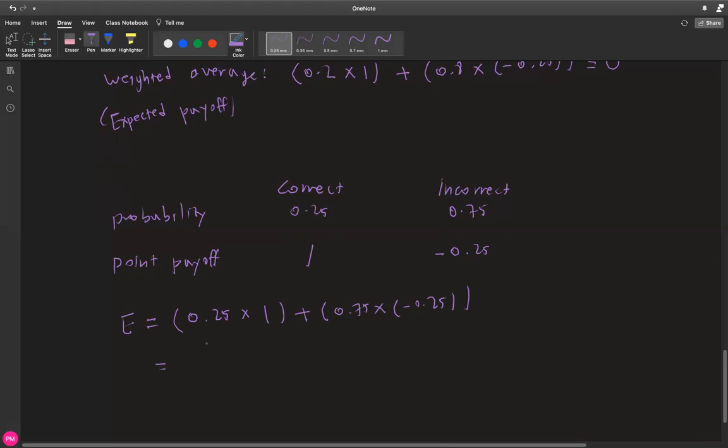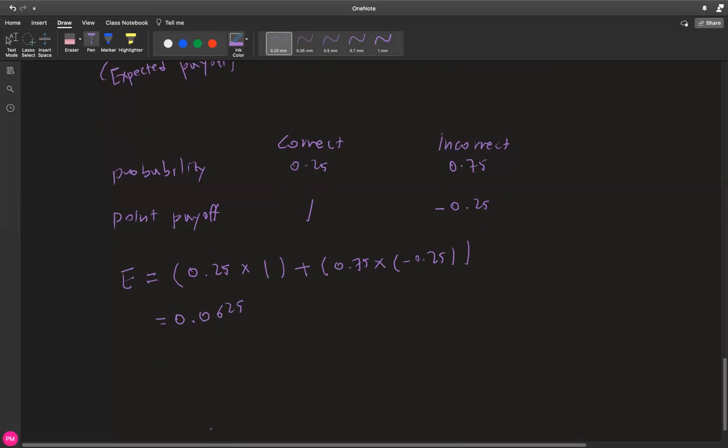And if you put this into the calculator correctly, you should actually end up with 0.0625. So this tells you that if you simply guess your way through a question, the expected point gain, the point payoff, will be 0.0625.